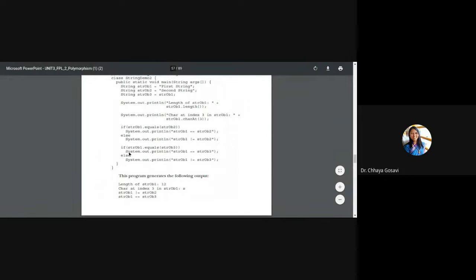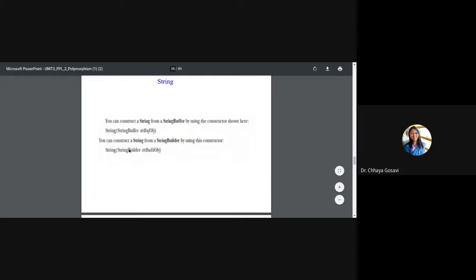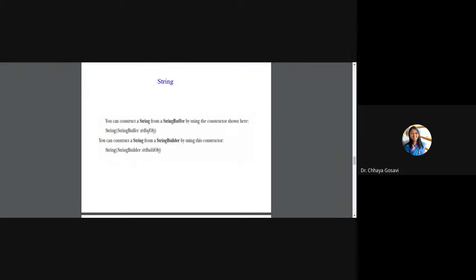So we have seen comparison. Now when we talk about adding something into the string, deleting something from a string, reversing a string, or checking whether it is a palindrome, we want to alter the current characters, which is not possible with the String class. So we need the StringBuffer class or the StringBuilder class, which are similar to the String class and available in the java.lang package.